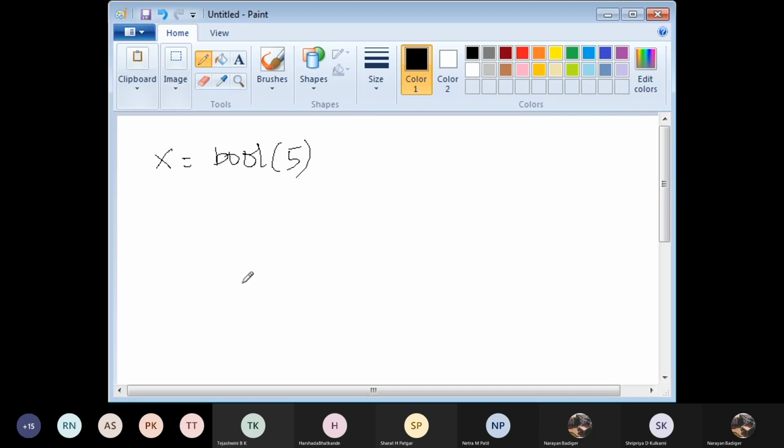Any confusion here? Anything worrying you here? Okay, let me clear it first. Now, what is this bool? What will be the two outputs of bool? True or false, correct? Now this bool function is expecting an argument.